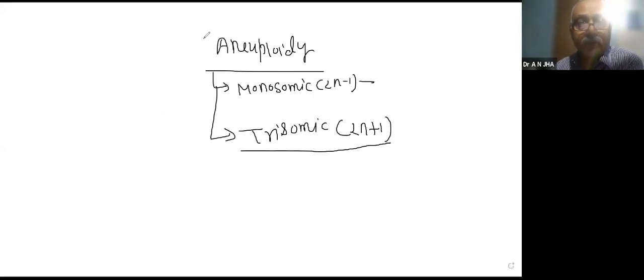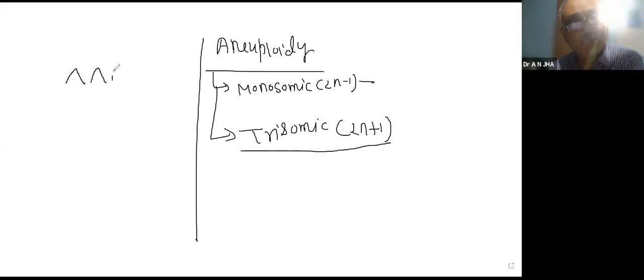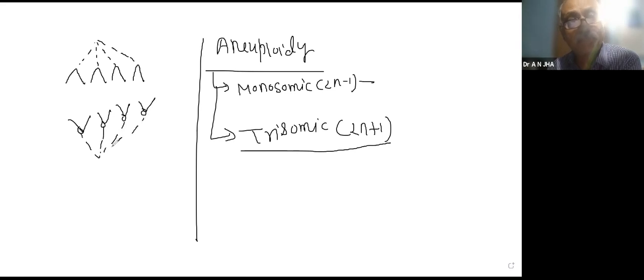See, I'm explaining it a little. Suppose you know anaphase. What happens in anaphase? During gamete formation, suppose this is a chromosome. There are 4 chromosomes. I am repeating it. And you know in anaphase the chromosomes move towards the opposite poles like this. Suppose there are 4 chromosomes, they are moving toward the opposite poles in anaphase.